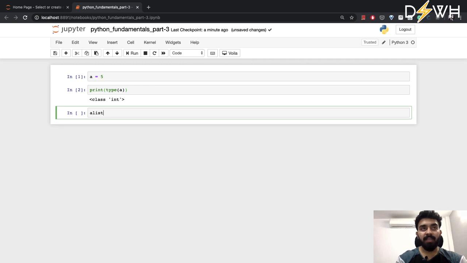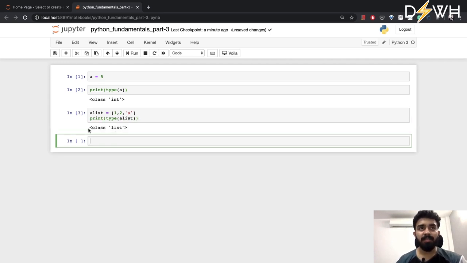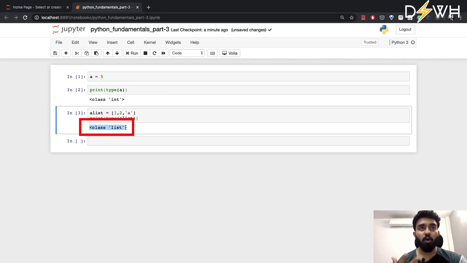Similarly, if I create a list, let's say 1, 2, a, this is my list, and I print the type of my list. This prints that it is an object of class list. And similarly for string, floating point numbers, and others. These are all built-in data types, built-in classes in the Python language, and you can use the type method to learn about the class or the type that it belongs to.